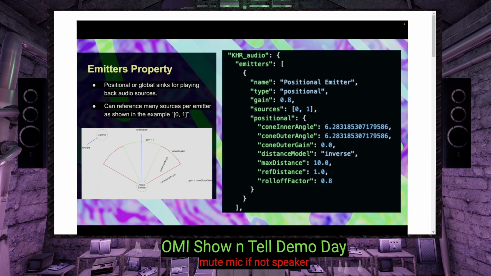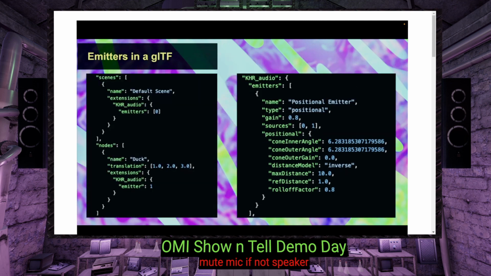So the cone inner angle, outer angle, and gain, all of that is set up by this data object. And this mirrored the Web Audio API. Actually, this graphic to the left was almost a one-to-one copy of the audio API. So it's following established ways of handling logic of audio being increased and decreased.